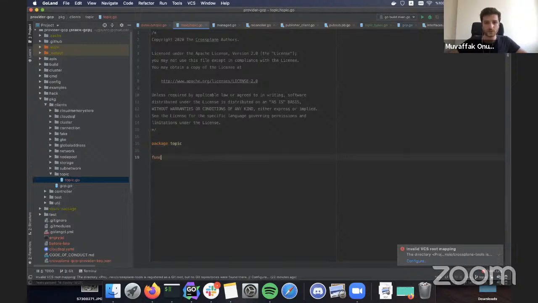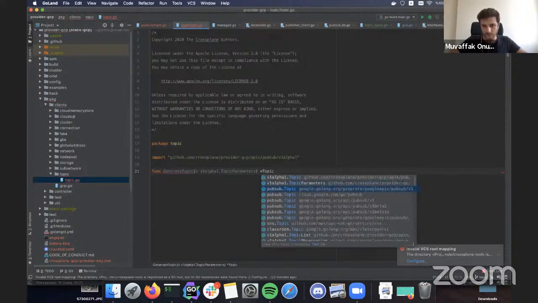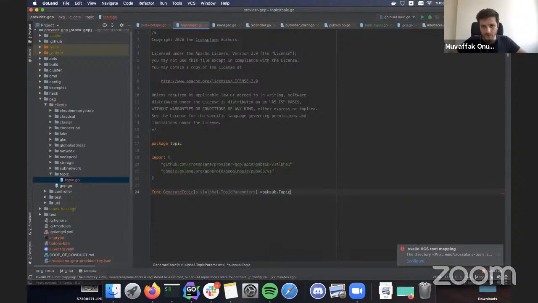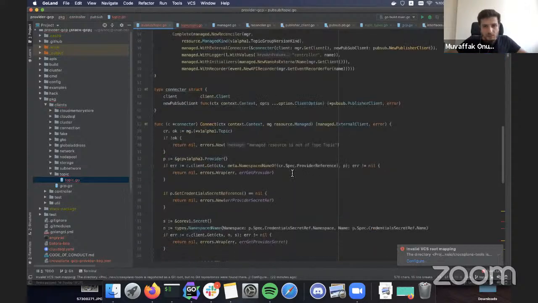Cool. So what we need to do is to generate topic, and our input is basically our topic parameters, and our output is the topic object that create topic wants, right? So I just want to make sure we import the right package that create topic wants.